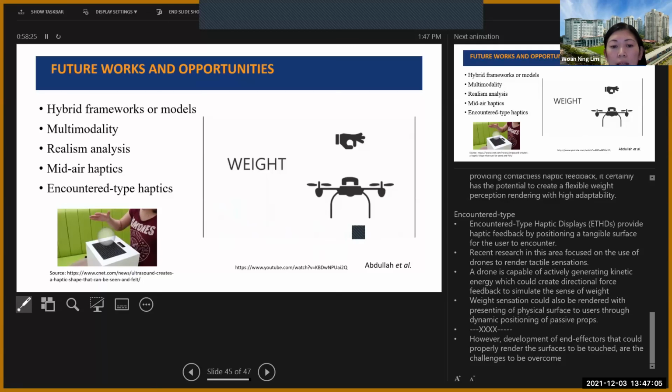Let's take a look at this example by one of the researchers. What he did is move the drone carrying the probe, and render the force by using kinetic energy to create weight sensations. Let's take a look at this video.